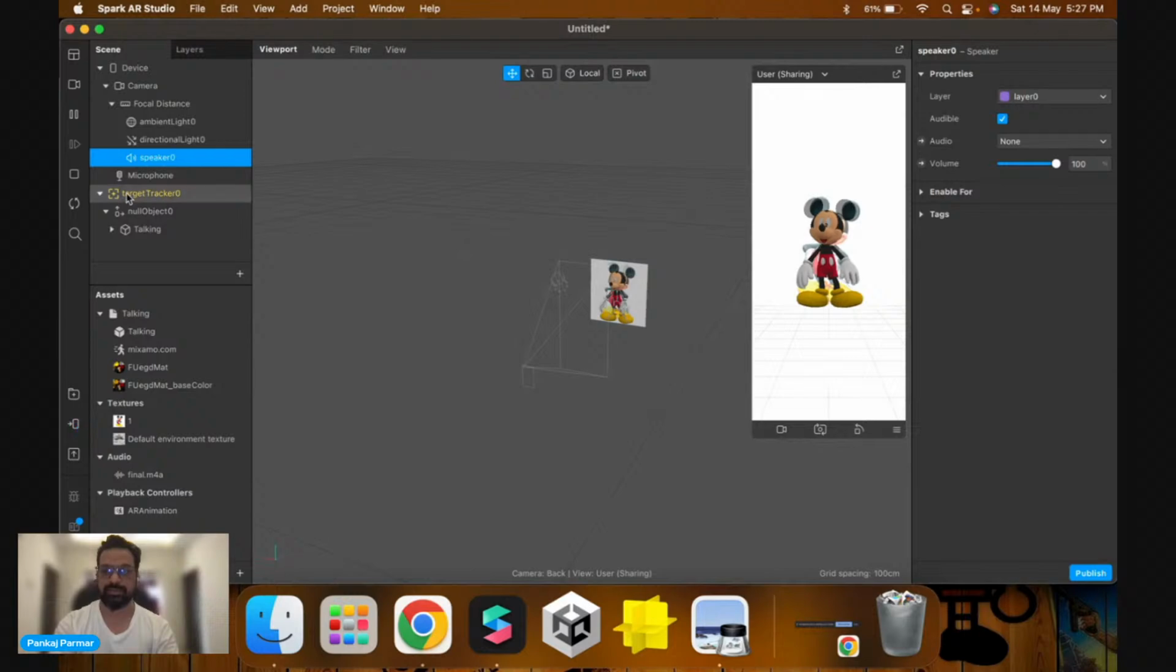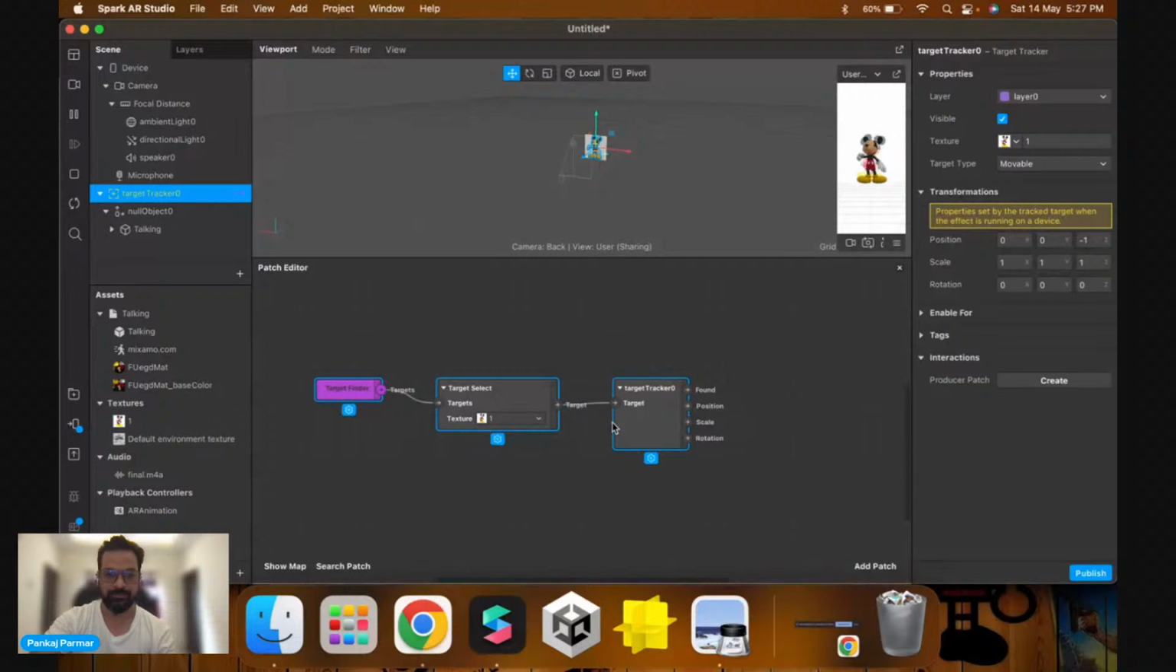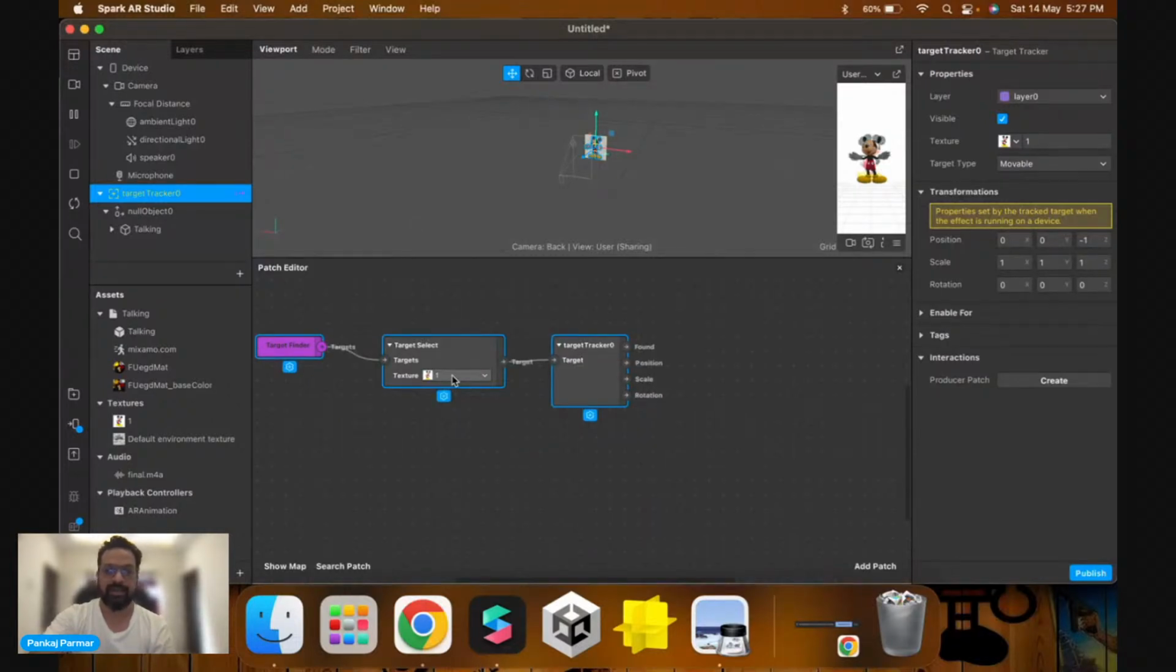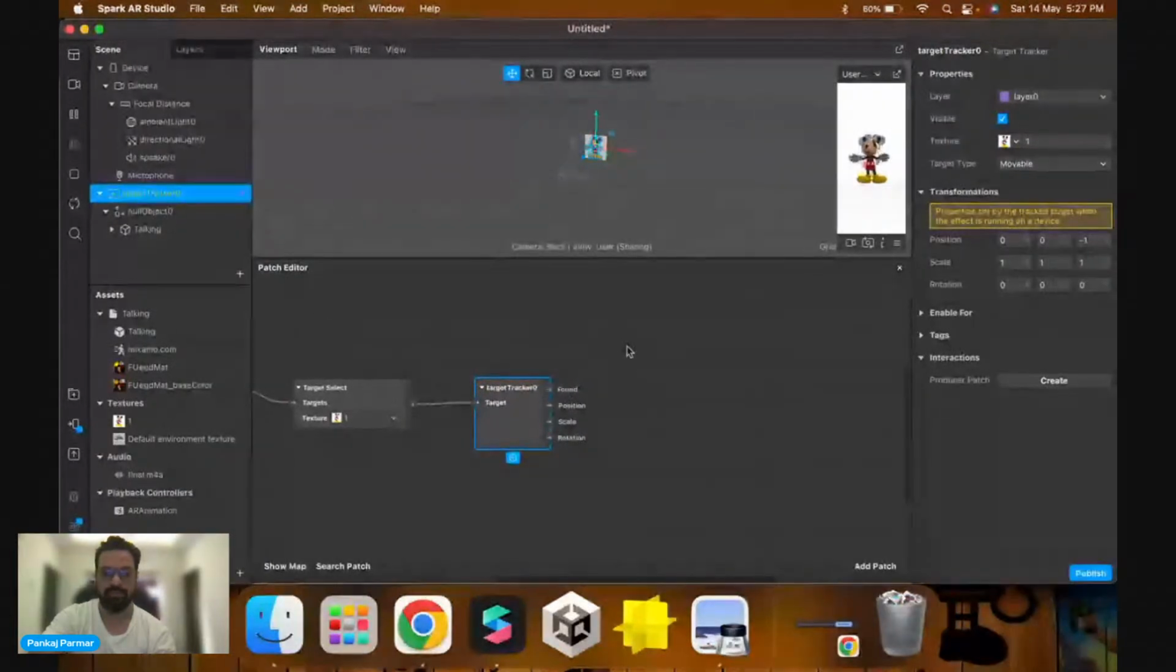So I'm just going for the target tracking right now and creating the patch. So it will create the patch. Here you can see there is a target find, target selected. Here you can see which target you have to use, and there is a target tracker here. So you see there are different events over there: found, position, scaling, and rotation. When the target tracker finds the target, this event is triggered, it will set the position, the scaling, and the rotation. Right now we need only this found event. Okay, when the user finds the image, the audio will play. So for that thing,